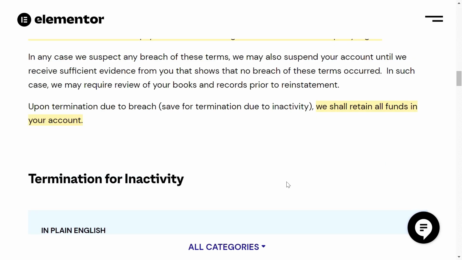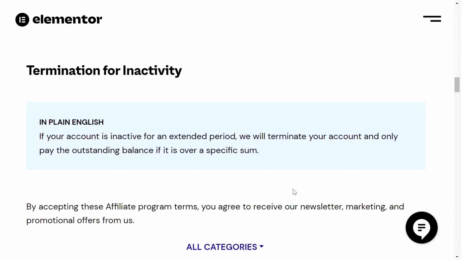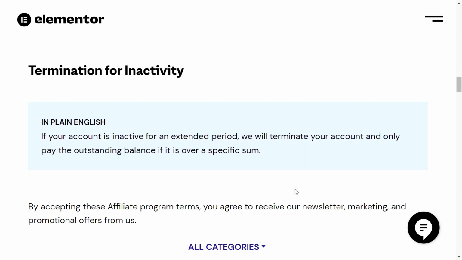In case your account is terminated because of the breach of any terms and conditions, they can retain all the funds that are there in the account at that time. Another way that your account gets terminated is because of the inactivity. If your account is inactive for an extended period, Elementor will terminate your account and will only pay you the outstanding balance if it is over a specific sum that we have already talked about, that if it